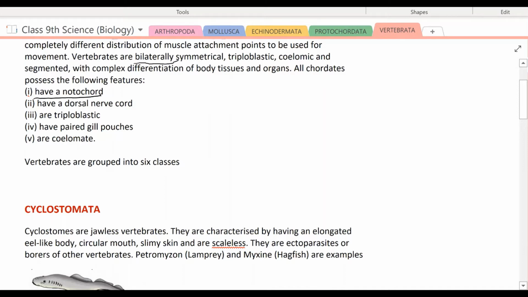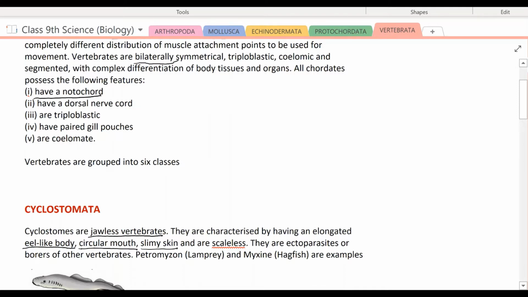Cyclostomata are jawless vertebrates. The important points or important features of this particular class, on which the class is classified, I will underline. Okay, students. Cyclostomata, jawless vertebrates, are characterized by having an elongated eel-like body, circular mouth, slimy skin, and